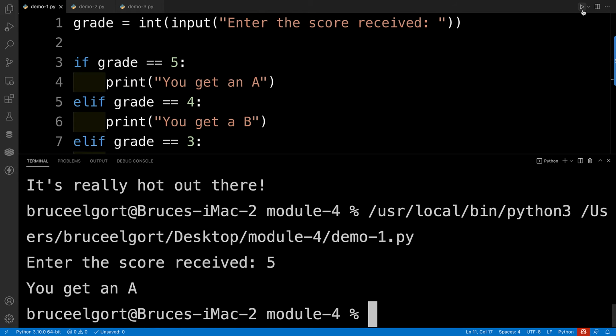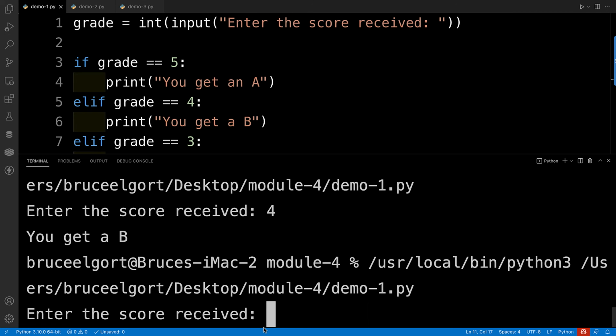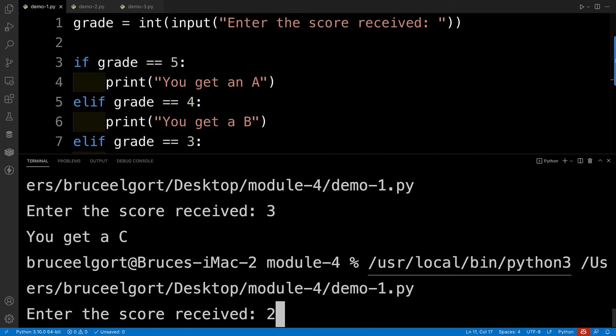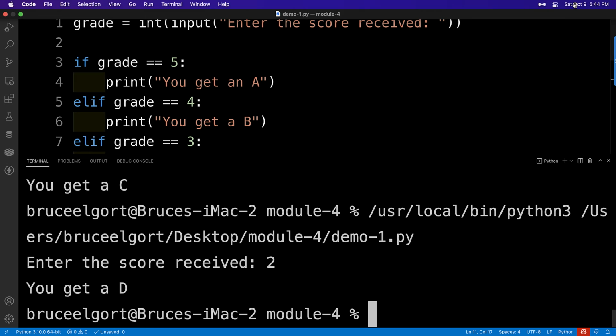Let's test the next one. 4. You get a B. Awesome-o, right? Let's do another one. Let's go through all our test cases. 3. C, right? That's great. 2, D, 1,